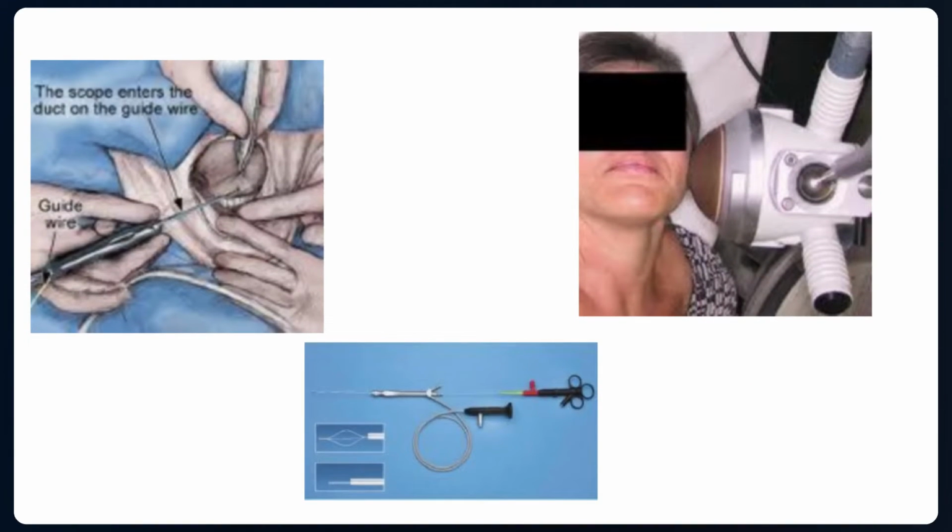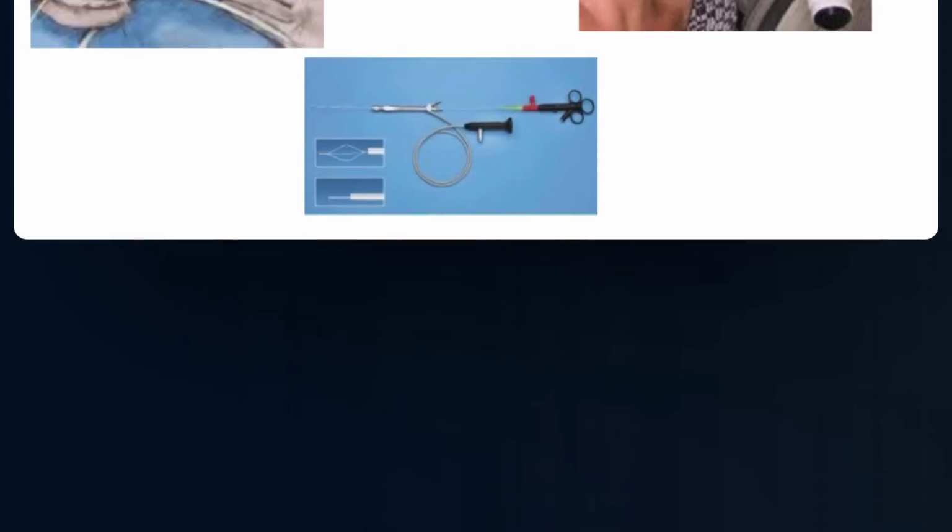So the treatment options: if the stone is present in the region and palpable in the floor of the mouth, you can just make an incision and remove it. Sialendoscopy is important, and a Dormia basket is used to remove the stones. And now shock wave lithotripsy can break the largest stone into smaller ones, and then they can be removed.